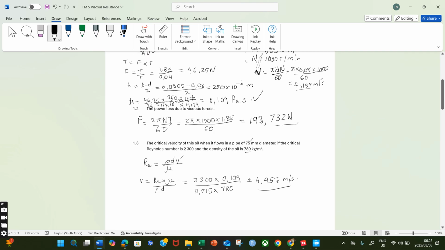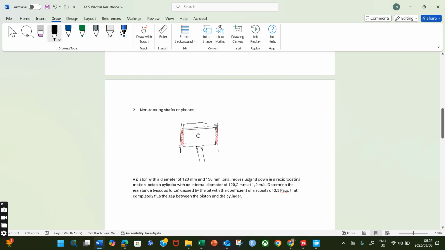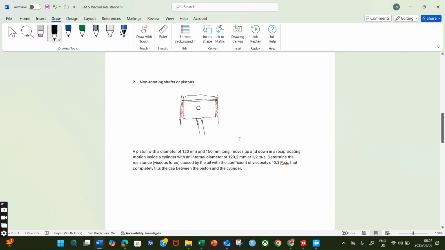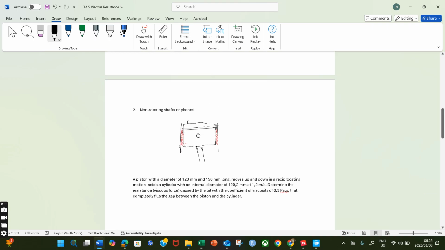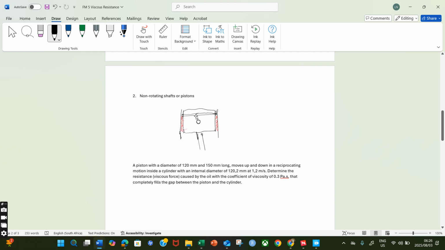That's it. Let's quickly move to the second type of question, which normally comes in this module. That is when you are required to calculate the viscous force. It can be the first type, which is the rotating shaft and bearings, or the non-rotating shaft and piston. When going through these questions,